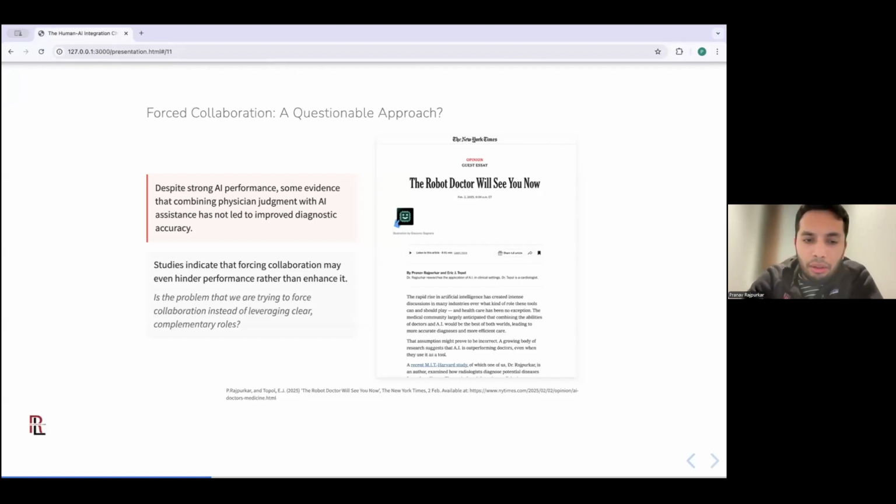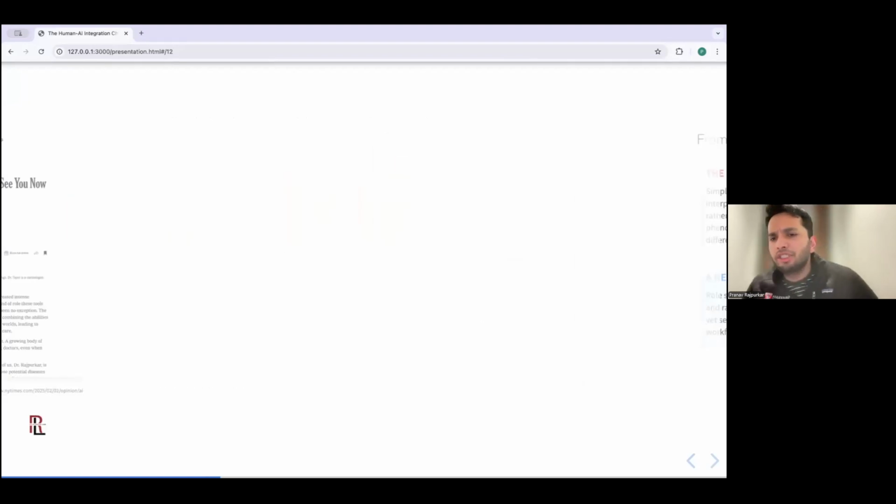And maybe we are forcing a collaboration rather than enhancing the synergy between AI and clinicians in some other way. So should we think about solving this forced collaboration problem by trying to leverage clear and complementary roles? That was the argument. So what does this look like?